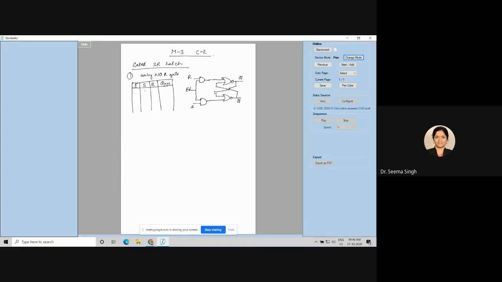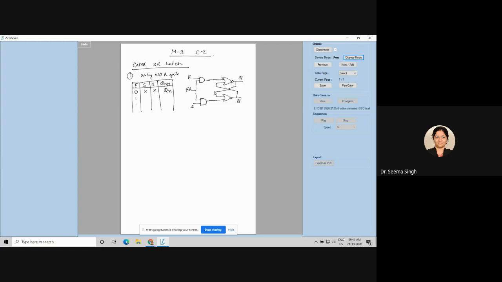So what will be the change? If enable is 0, what will happen? Everything will be don't care. So if S and R are don't care, what will happen to your output? Because you are not changing, neither setting nor resetting nor same value, ma'am. It will be the previous value, right? Previous value means Q. So if enable is 0, it behaves as memory only, but it is not an actual memory state. It is behaving as memory because of enable. It comes under no change only.